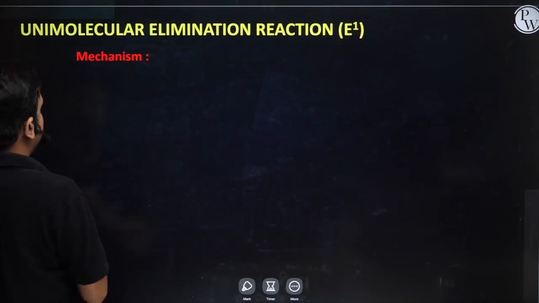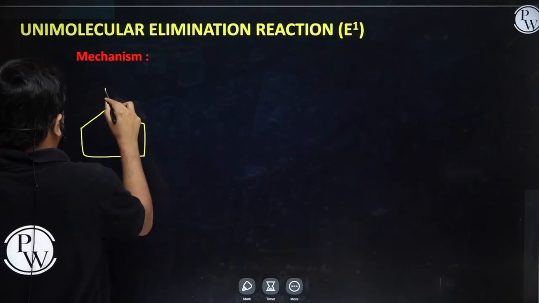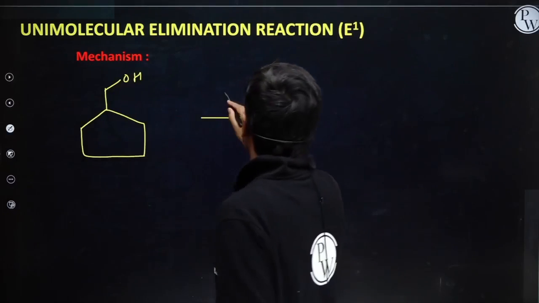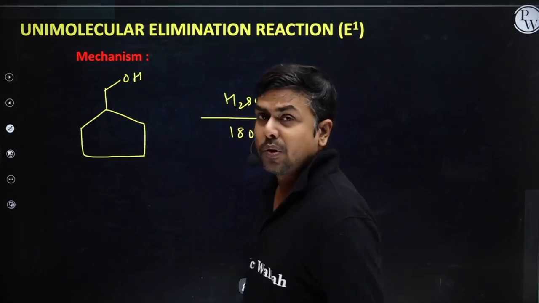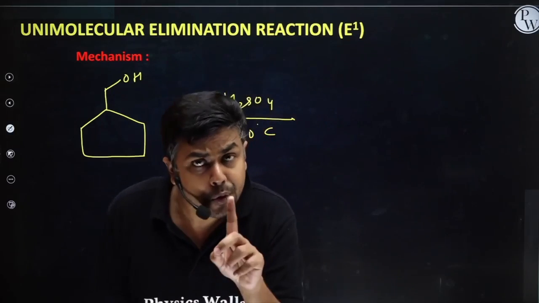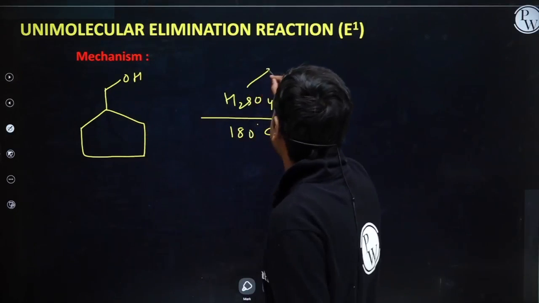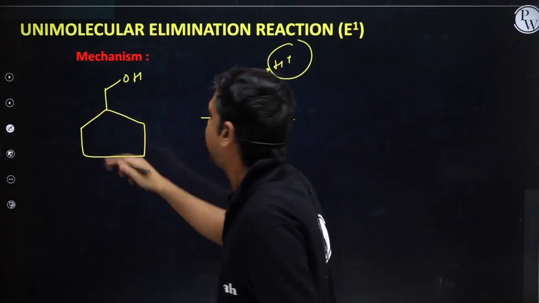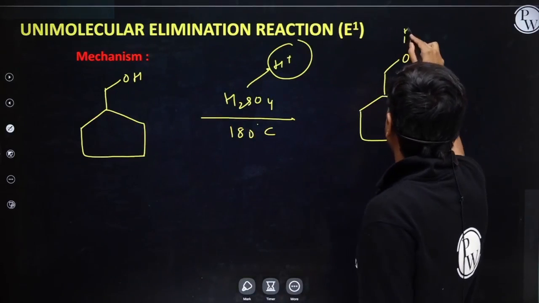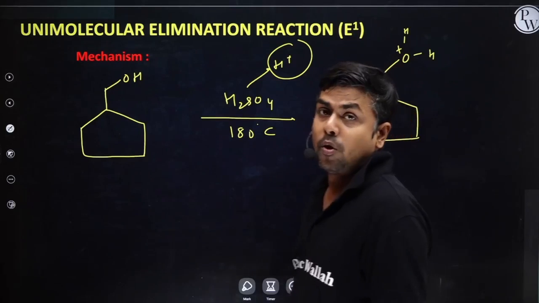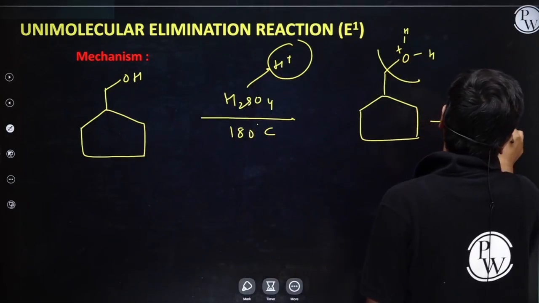If I talk about the mechanism, let me discuss one of the reactions of alcohol, dehydration reaction. OH. It's treated with H2SO4 at 180 degrees centigrade. Student, what will this H2SO4 do? It will protonate alcohol. H2SO4 acts as acid, and this acid is a source of H plus. This H plus will do the protonation. So in the first step, I will have the protonation. OH2 positive. This H2O positive is a very good leaving group, so I will have ionization. This ionization will give me a